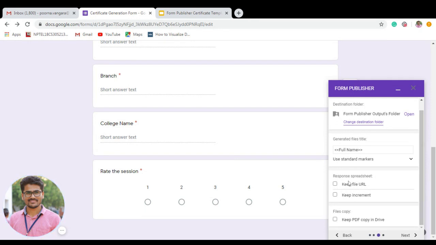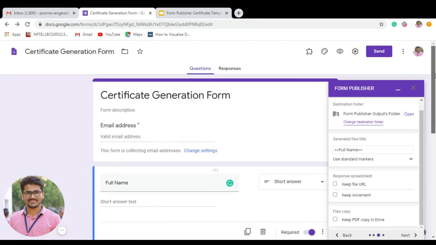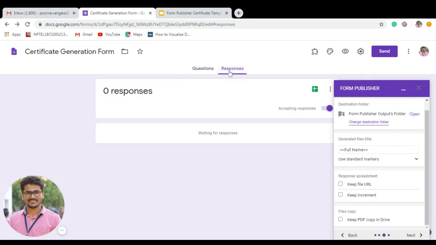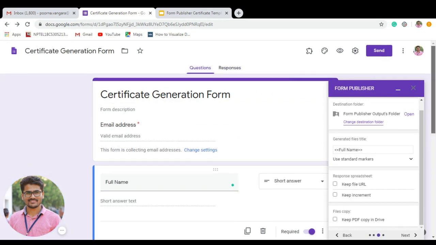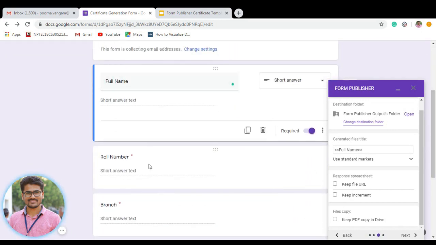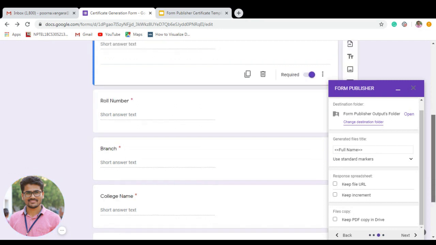So now, response spreadsheet. The response spreadsheet is nothing but the responses. Whenever you're done with the settings, after sharing with the students, you will get all responses over here. In this spreadsheet, you will get different columns with titles like full name one column, roll number another column, and so on.